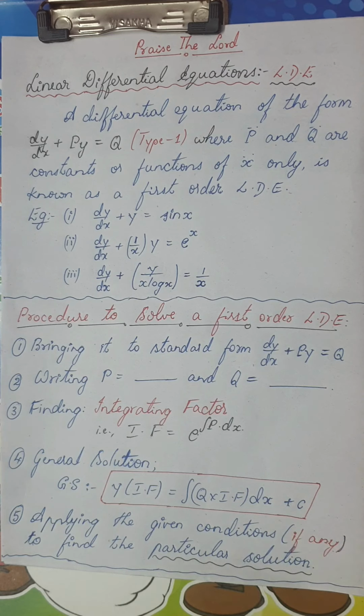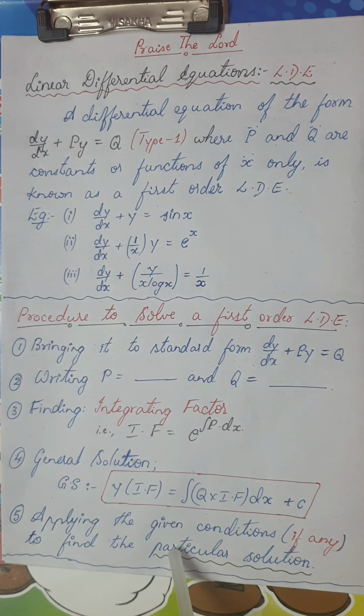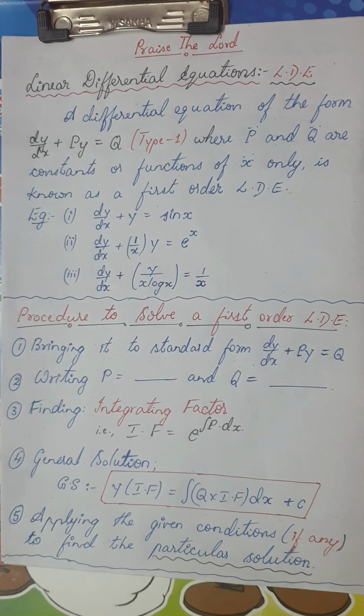Only thing is, please remember, dear students, in a solution, if there is a general constant c, then this is a general solution. But if they give you the values of x and y, your c value would be identified. When c value is identified, that solution will become the particular solution. Okay, so this is the background and the procedure of the linear differential equation, and the process we have seen for how we are going to solve this. Now we are going to directly jump on to the first question, where you will be getting 5 marks on solving it.